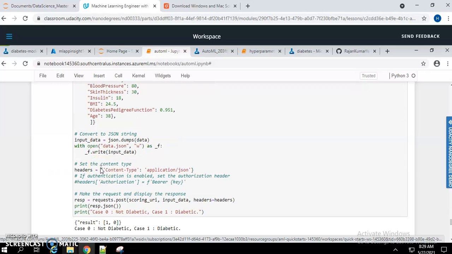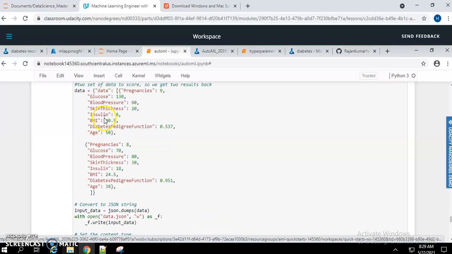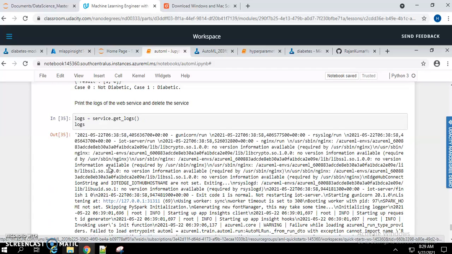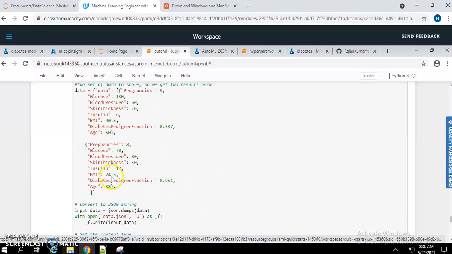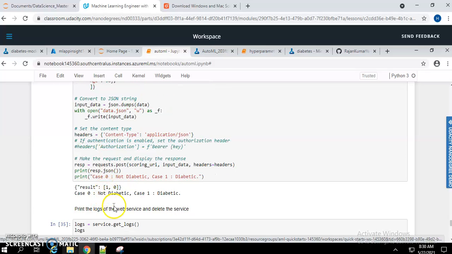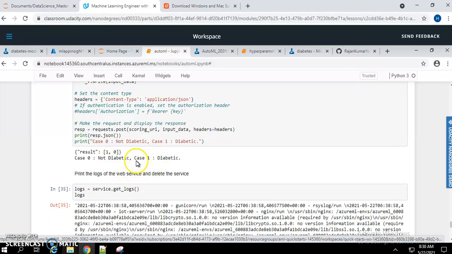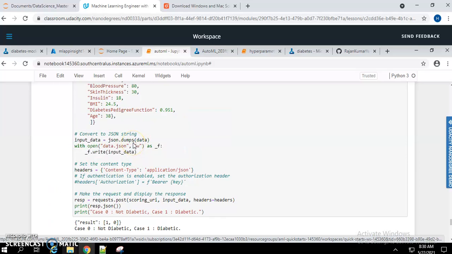After that I have tested the model using a sample JSON file by putting in all the independent variables, and here you can see for the first input I am getting 1, and for the second case I am getting 0. For the first JSON the result is 1 and for the second JSON the result is 0.